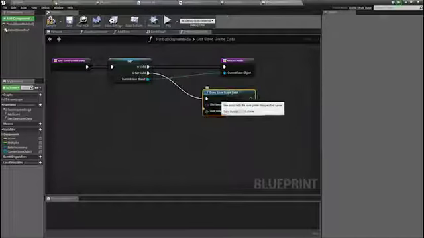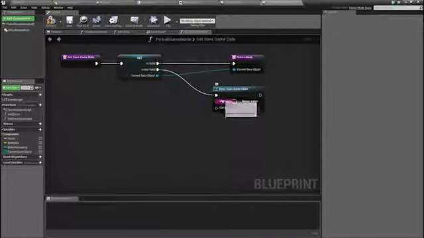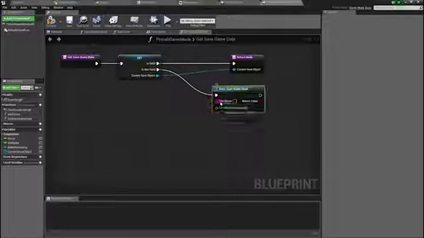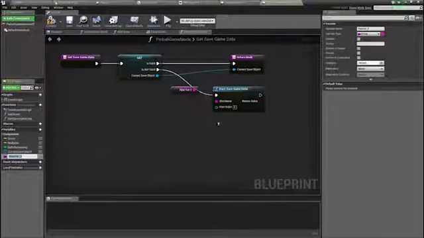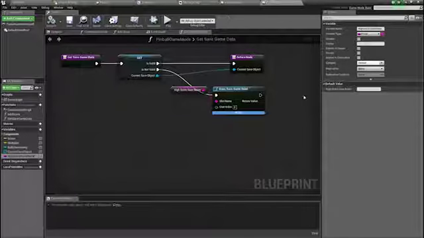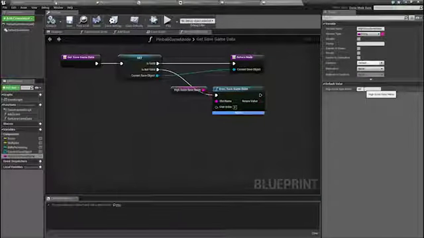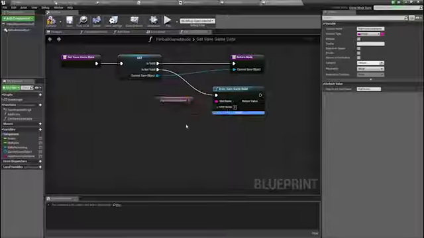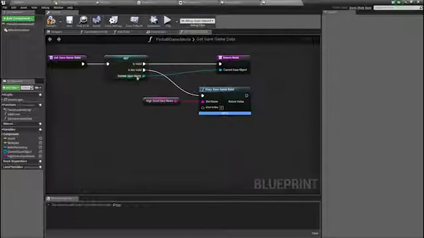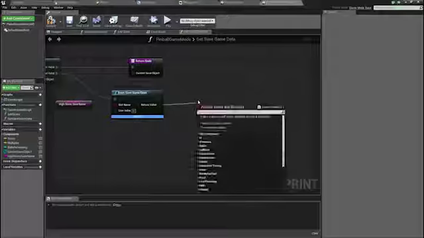So we're going to check if the save game exists, which is going to require us to have a save game name. Now, I personally like storing this in a variable since it's the kind of thing that we pass around a bit. If you wanted, you could just type it in every time, but let's create a variable. I'm just going to call this high score save name. And we're going to quickly compile, and the default high score save name is just going to be, let's go with something simple, high score. So we're going to say, does the save game exist? Called high score. Now if that's true,